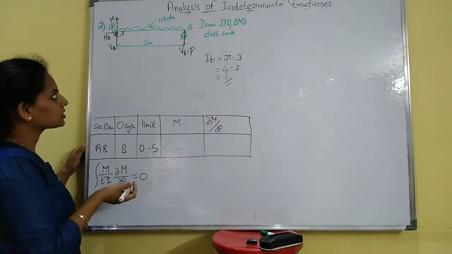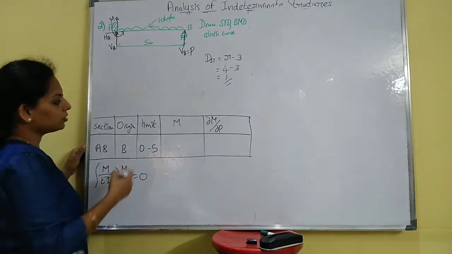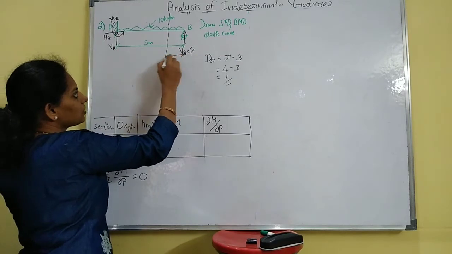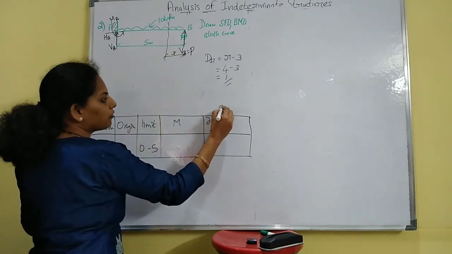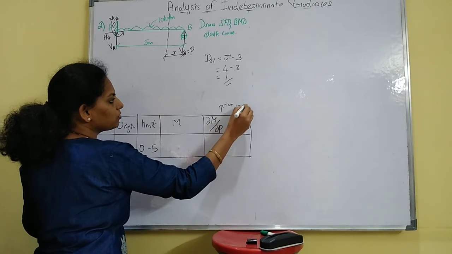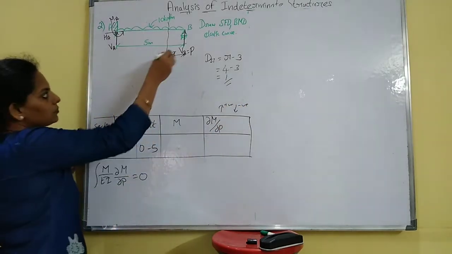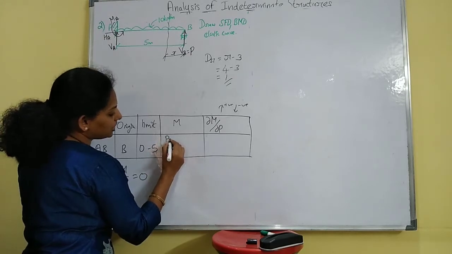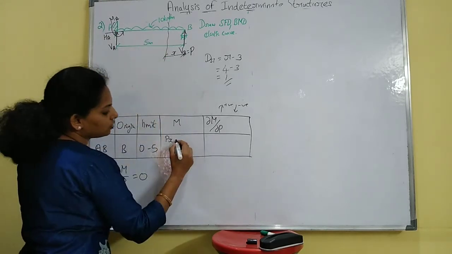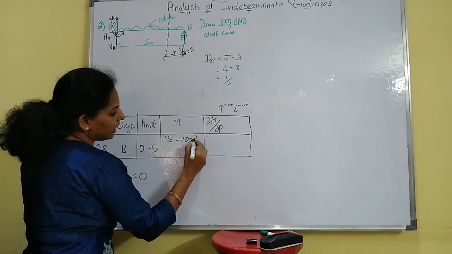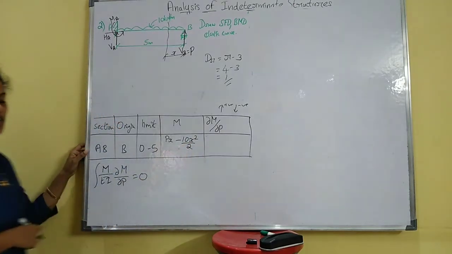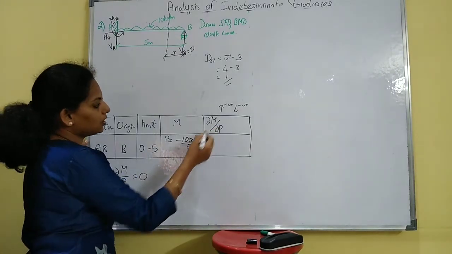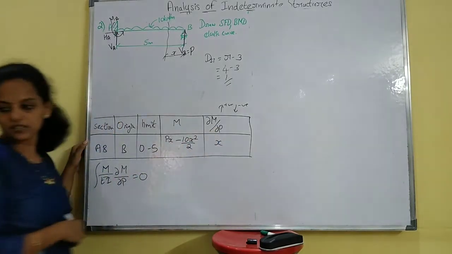Okay. Next, for this now you have to find out the value. Suppose this is your section, find out what is M. Upward as positive, downward as negative, sign convention. So M, you have this P into X, so it is plus, so plus P into X, and you have this UDL, so minus 10 into X square by 2, X into X by 2, so it is nothing but minus 10 into X square by 2. Dou M by dou P you will have X.